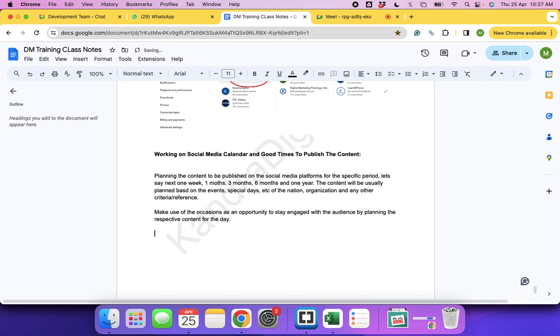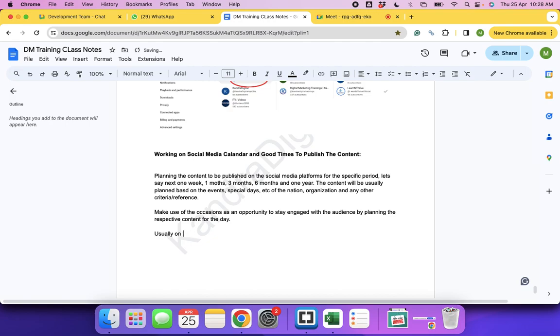So now people take the opportunity of the new year and create a new year post, and they start sending this post to everybody on WhatsApp. They send the new year wishes and then put the company name and their phone numbers or promotional material. They are utilizing that opportunity to promote themselves, to brand themselves, to make people know about their product or service. So when you have such objectives, you will be planning the social media calendar or social media content for the month. Otherwise, you don't really need to follow this calendar.